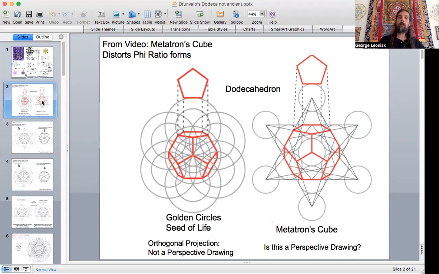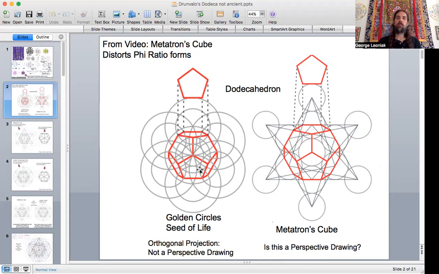In order to do that, I'm going to go through some slides here to show what an alternative view may be, and also clearly show, if you don't know why, that this is also from Metatron's Cube, which distorts phi ratio forms. And I love Metatron and I love all the Metatron stuff. I don't have a problem with that at all. It's not that big of a deal to me, like it might be for some other people. But, at least for me, I think that we can do a better job in our representation. So here are our pentagon faces, a normal equal-edged pentagon with 108-degree interior angles.